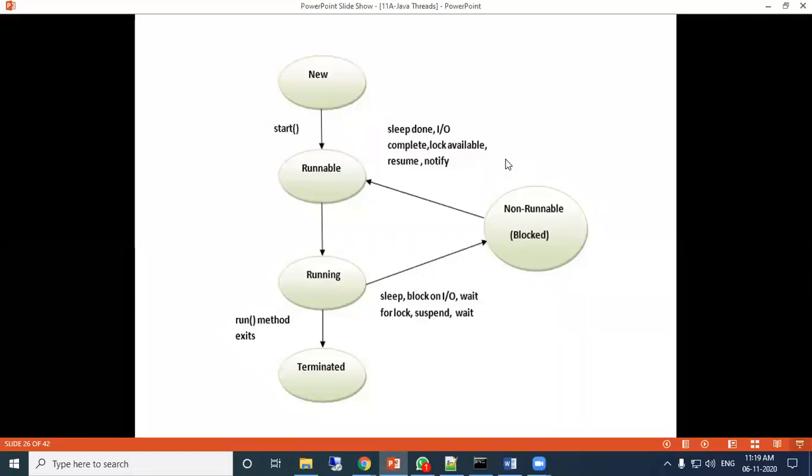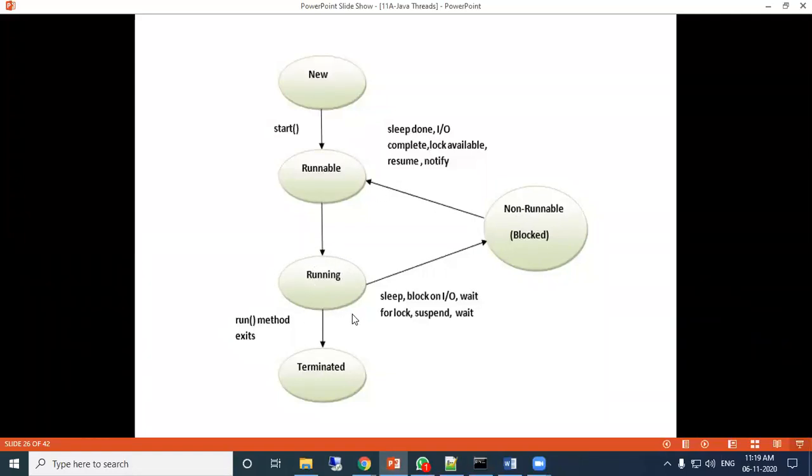So all of you draw this diagram here. First is your new, then runnable, then running, then if sleep, block, wait for lock, suspend, wait. If these types of things are processed for that particular thread, then it enters the non-runnable state, that is, the blocked state. So after some time, it is allowed to run again. That is, it comes to runnable state, then running again.